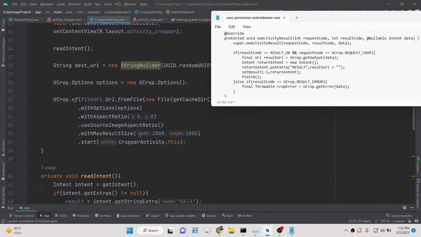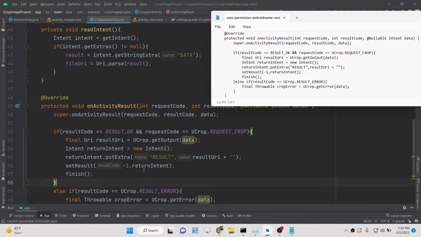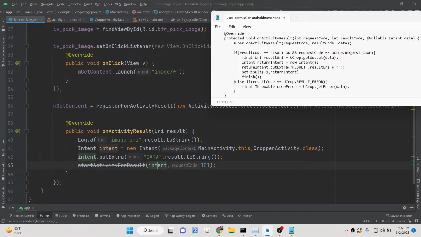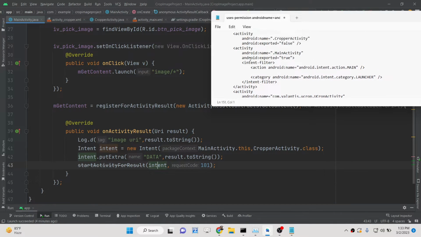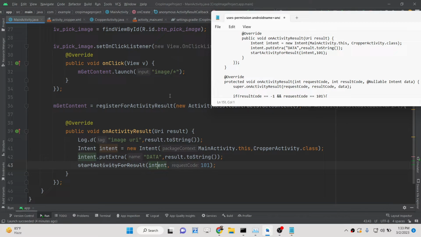So now we are sending this image URI, the output URI, right here inside this return intent. Now we need to catch this intent inside our main activity Java file. So inside our MainActivity.java file, what we need to do now is, inside our on activity result method, guys,